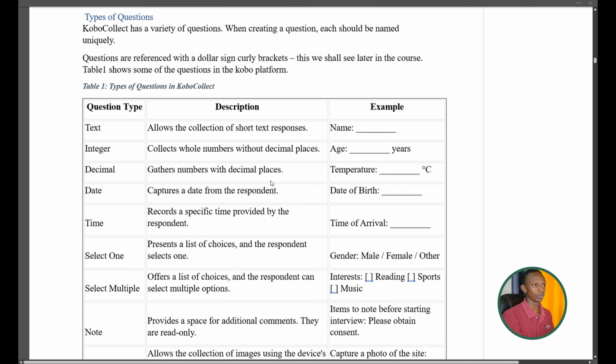So KoboToolbox has a variety of questions. We can program several question types in KoboToolbox, and one of them is the text question, which allows us to obtain text-based answers, short or long text responses. For example, describe your perception towards this commodity or product. So the person will give a statement and you can type everything. Also, you may take responses from an additional, other-specified question where it's not in a specific